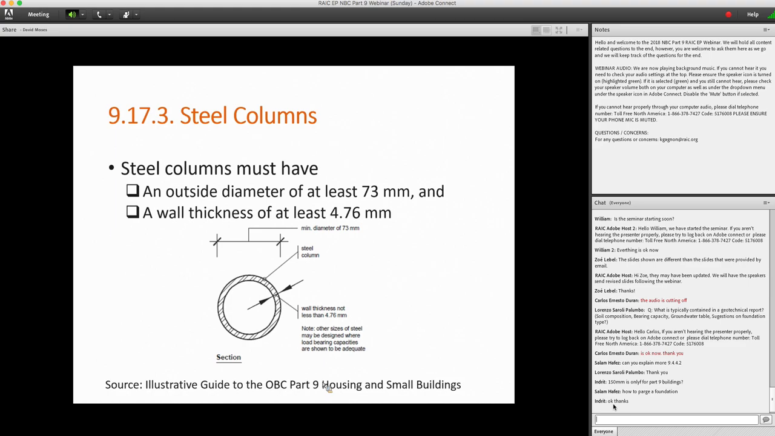Steel columns are actually prescribed in 917.3, and a minimum size is provided. We can picture in a lot of Part 9 buildings, if you've been in them, that there are some adjustable posts that are available at almost any hardware store that people buy. If you're inspecting and checking to see what was used, these are the minimum requirements, so 73 millimeter outer diameter